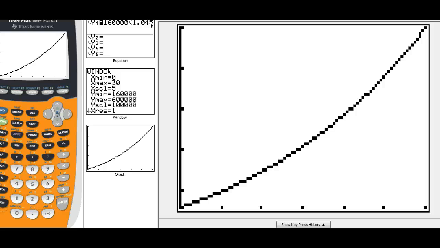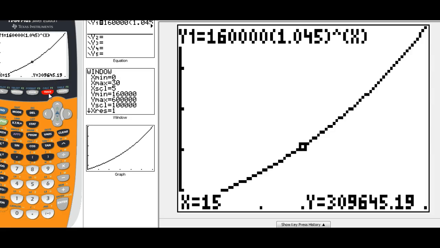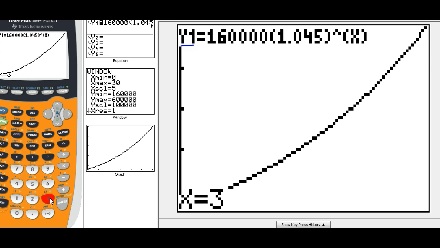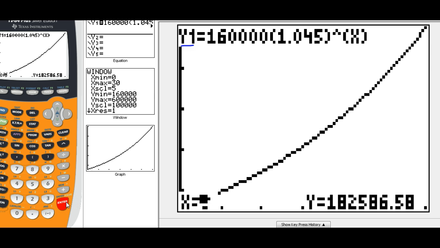So anytime I'm given an x value, I want to hit my trace function. Make sure we're on y1 and type in our x value of 3. So when x is 3, or in 3 years from 2012, our population is